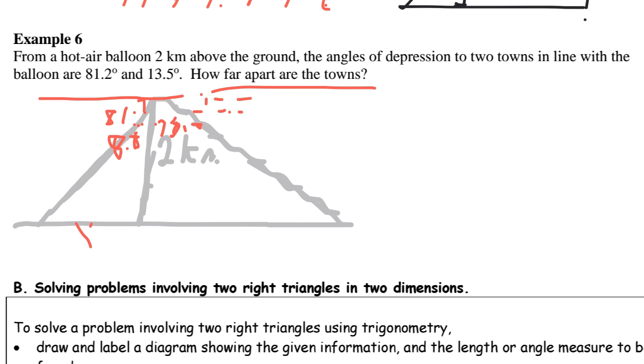So we'll call this piece X, call this piece Y, and we're going to have to do 2 different triangles. So the first triangle, we're looking for opposite over adjacent. Tangent of that 8.8 angle equals my opposite over my adjacent, which is 2 kilometers. So 2 times tangent of 8.8 equals 0.3. So X is 0.3